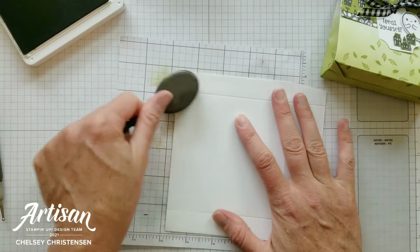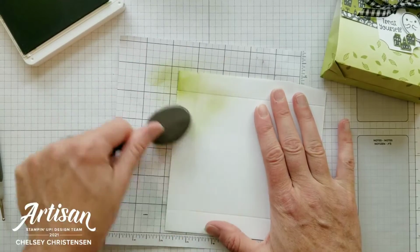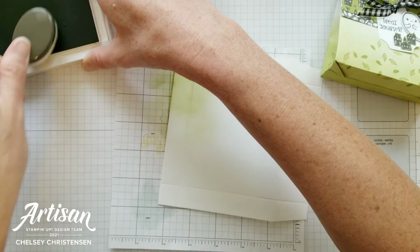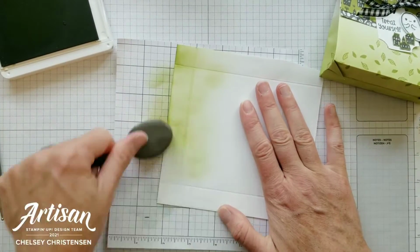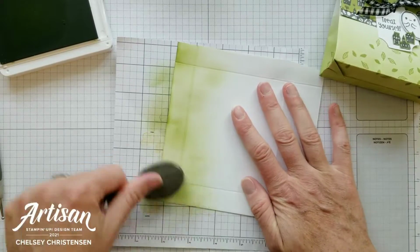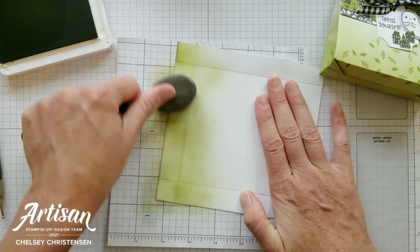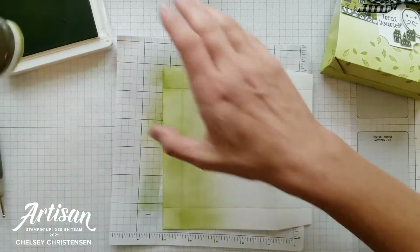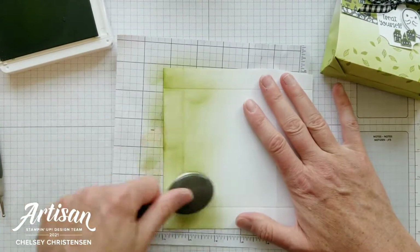And when I do this, I want to start that blend off of my envelope and then bring it up. You do want to do a blend on both the front and the back of your treat bag. And so you're going to do the same to the front and back of your envelope so that that design goes all the way across